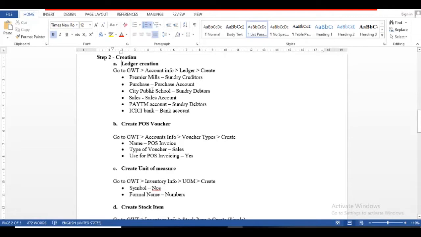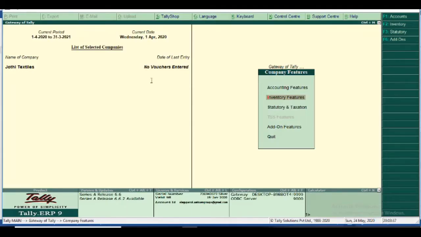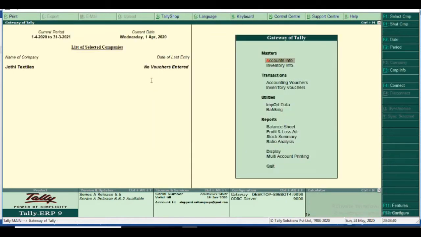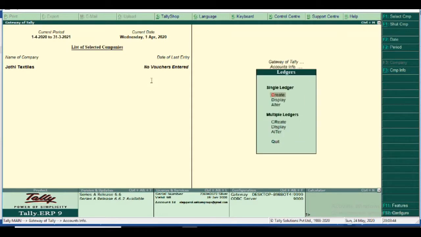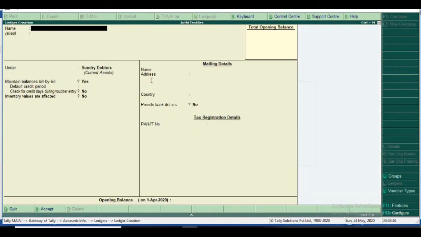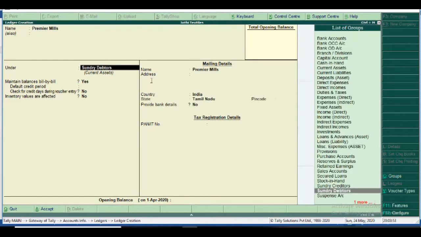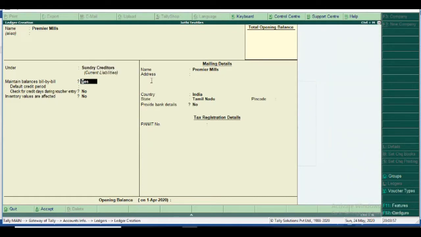Okay, first we create Premier Mills. So we move from Gateway of Tally, Accounts Info, Ledger, Create. The name is Premier Mills. Under group sundry creditor, maintain balance bill by bill. Yes, it's not a problem because we know bill-wise details.